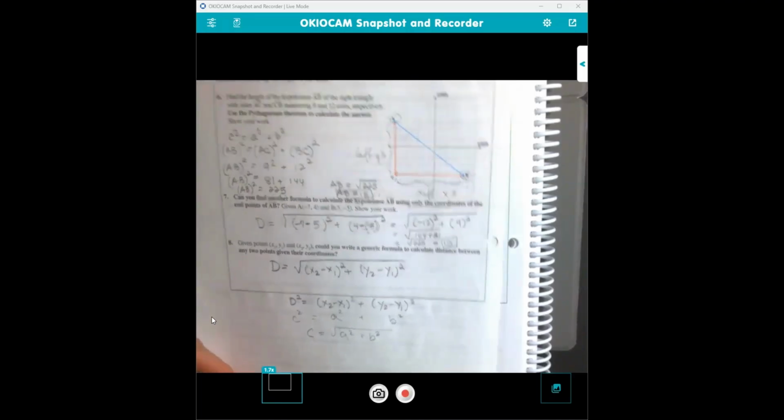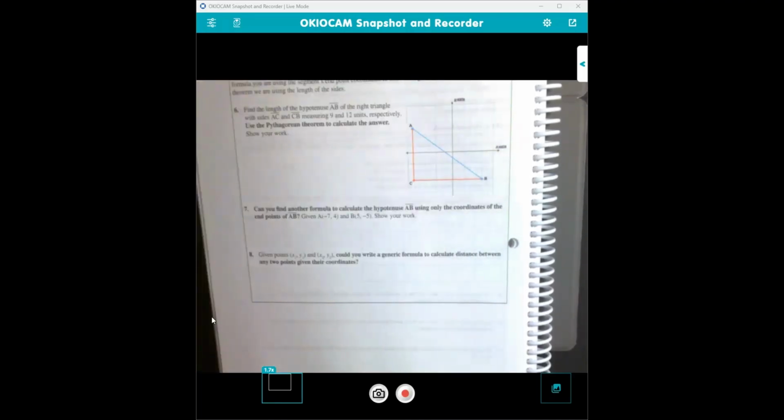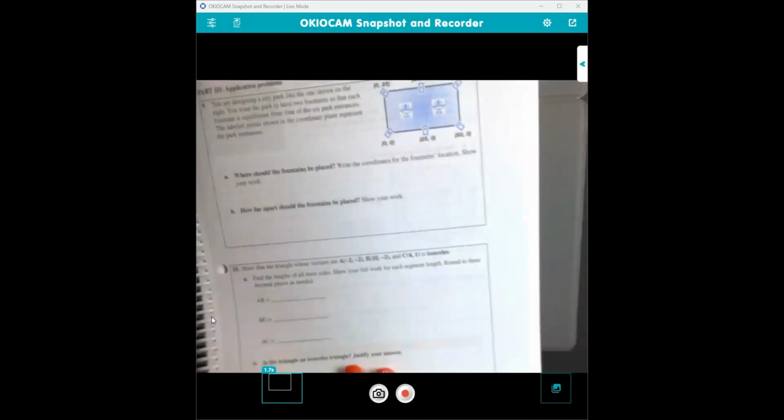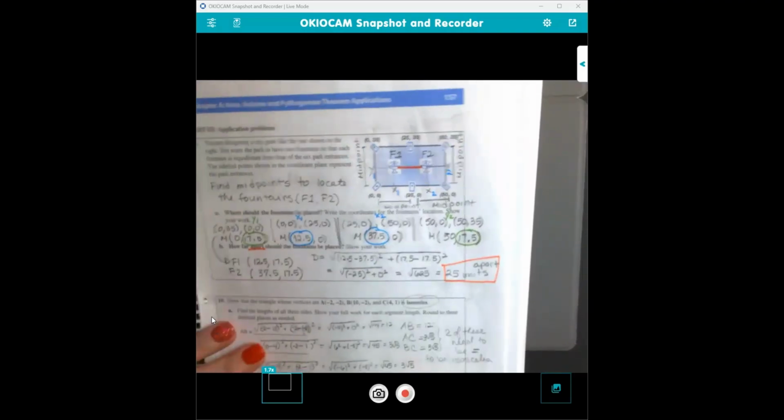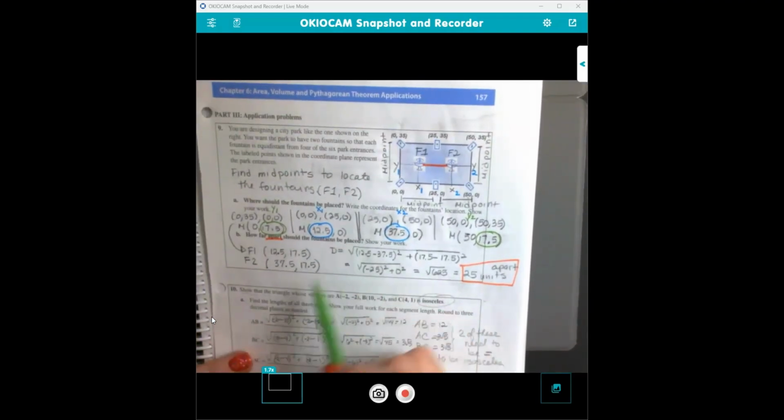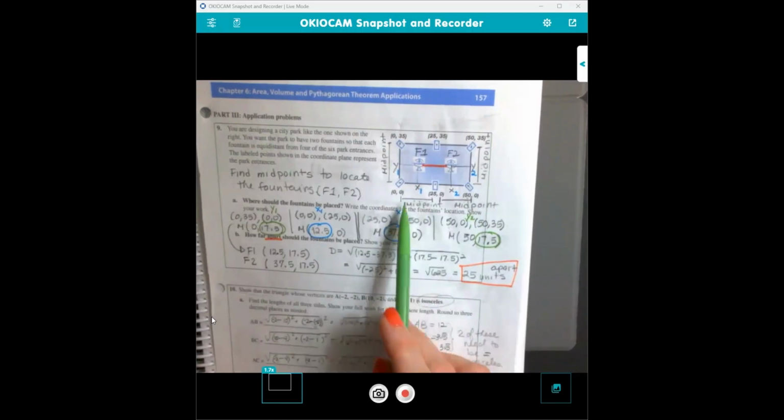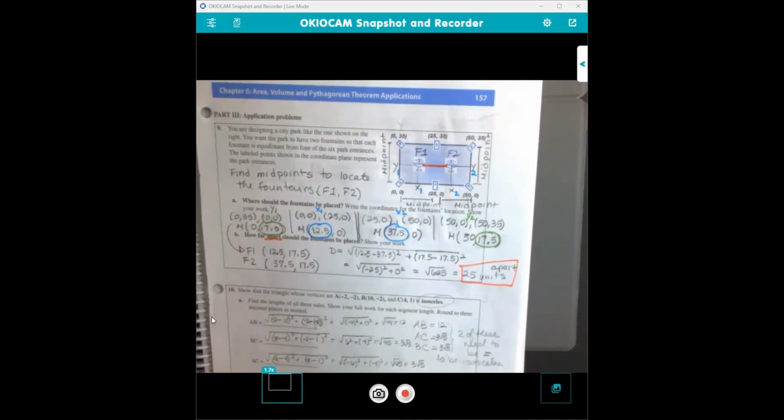Again, you can pause and copy, right? Then we have the application problems, and some are easier than others, right? So this is finding the midpoint. You need to find midpoints between the different segments. So you have your X and your Y